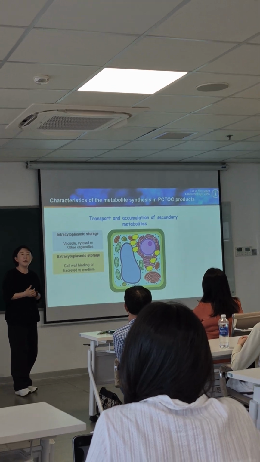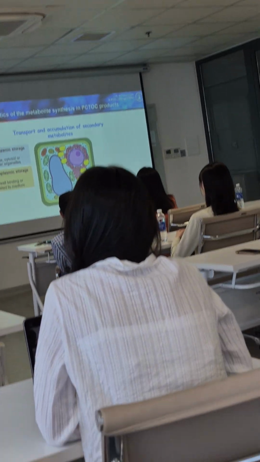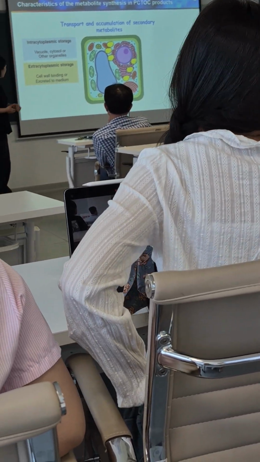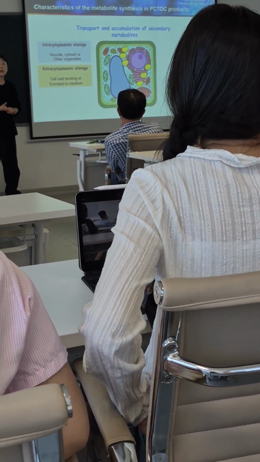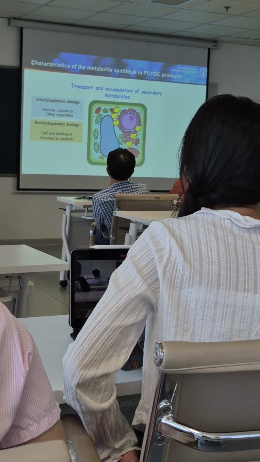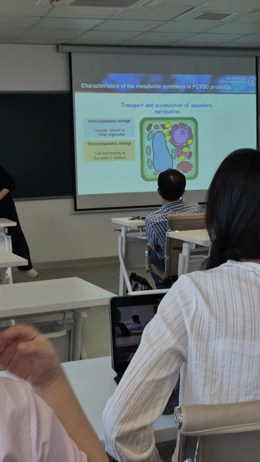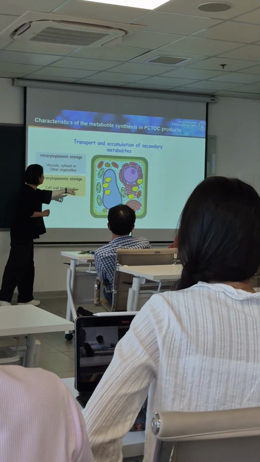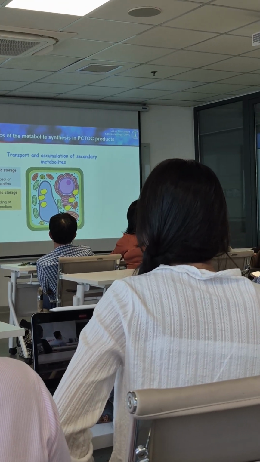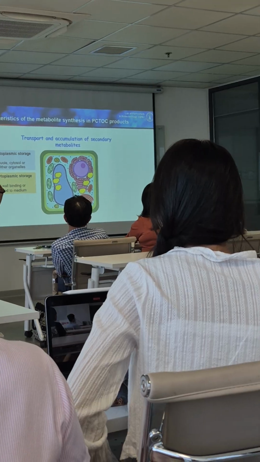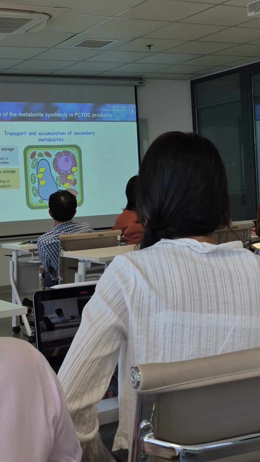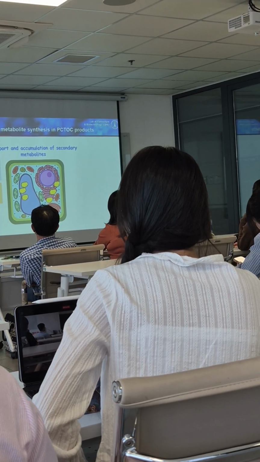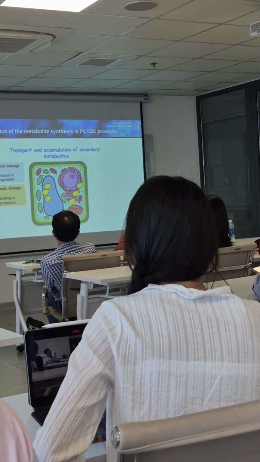of secondary metabolite. The first one is intracytoplasmic storage type, and the other one is extracytoplasmic storage type. The intracytoplasmic type means molecules are accumulated in the vacuole or cytosol or other organelles, inside of cells. The secondary metabolites are accumulated in this type, and in the extracytoplasmic storage type,